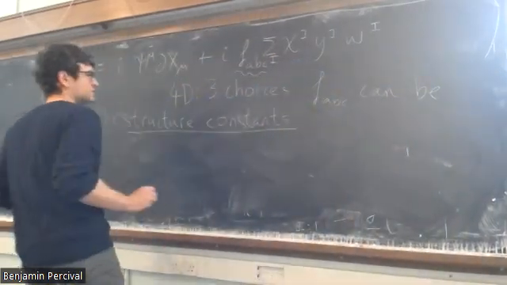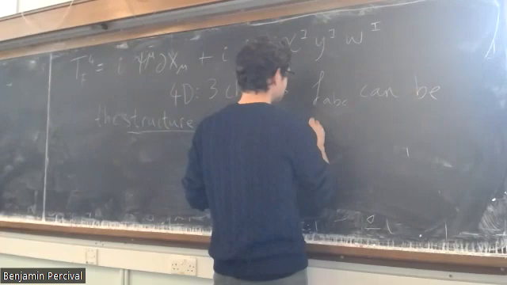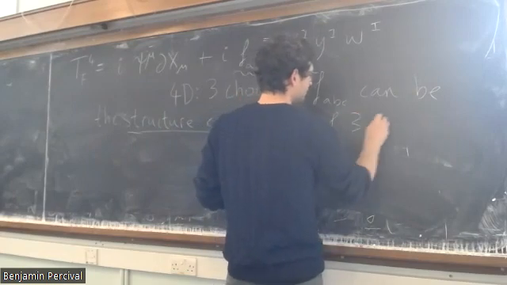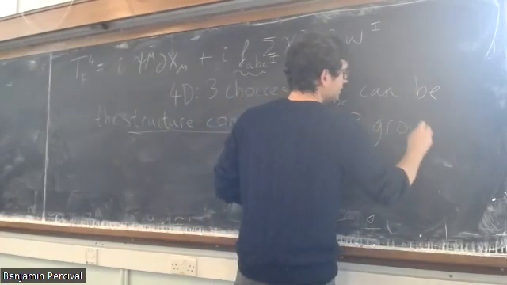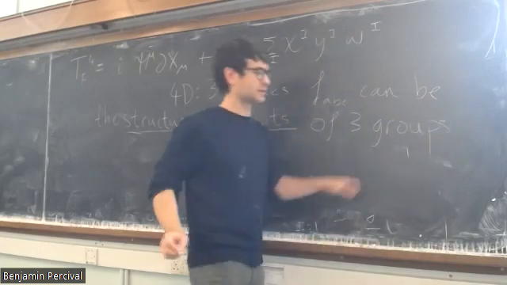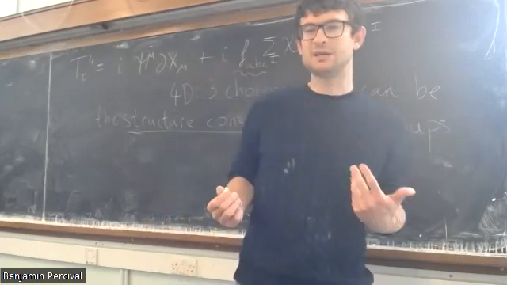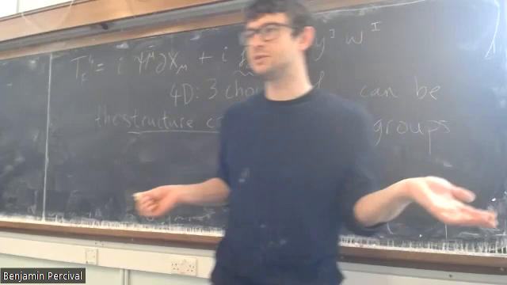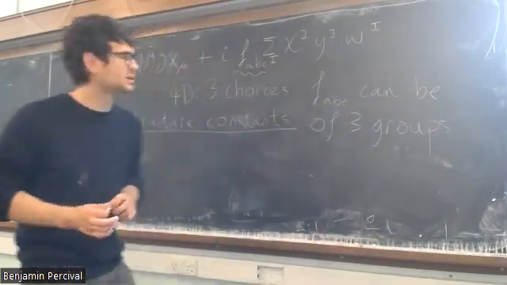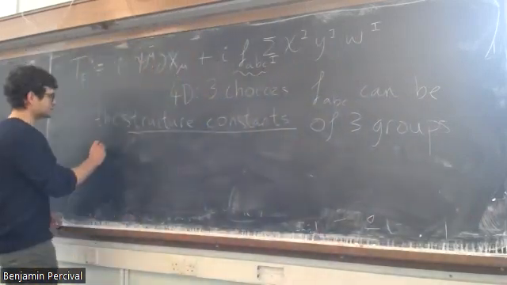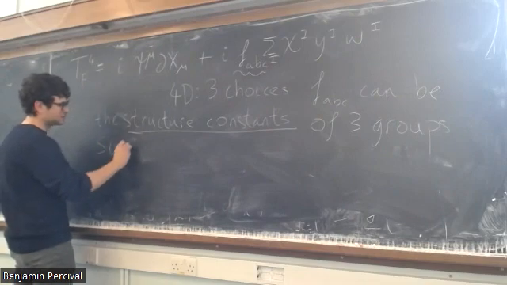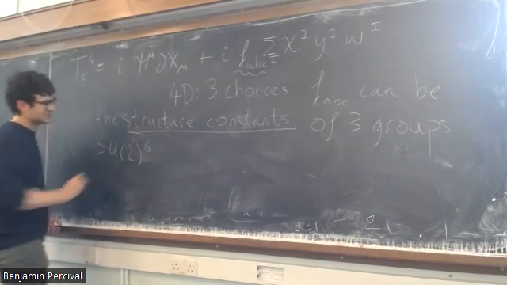So they can be the structure constants of 3 groups. These 3 groups are the ones that would allow you to define a consistent supercurrent. Those 3 groups are SU2 to the 6,